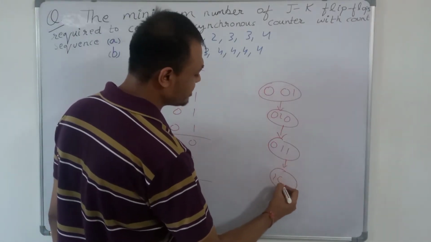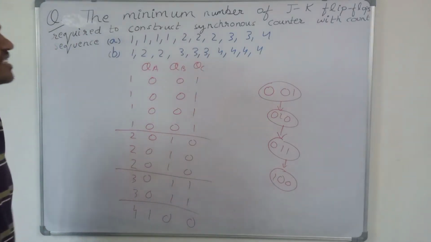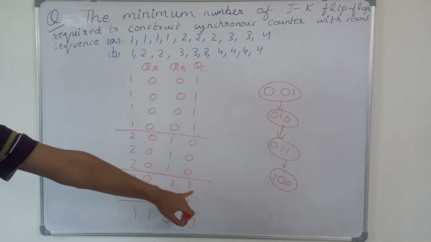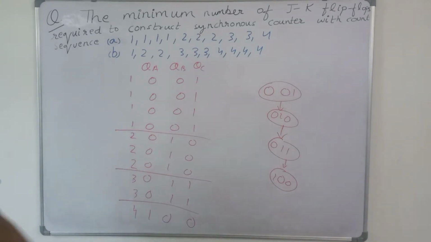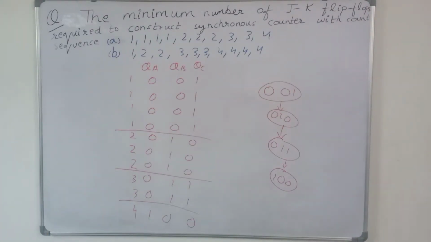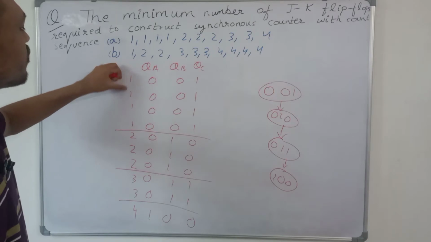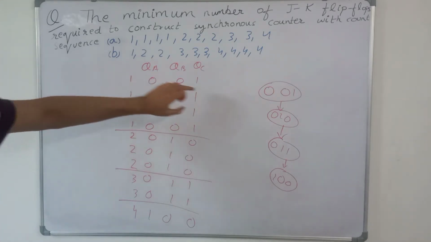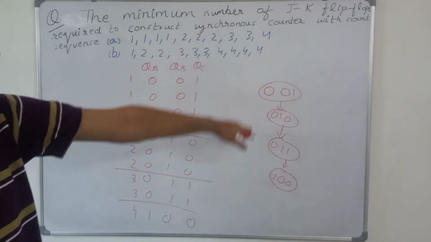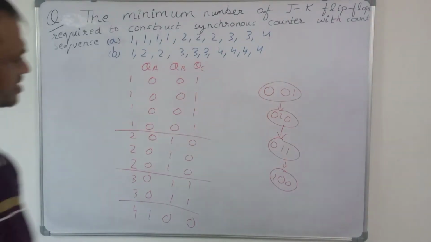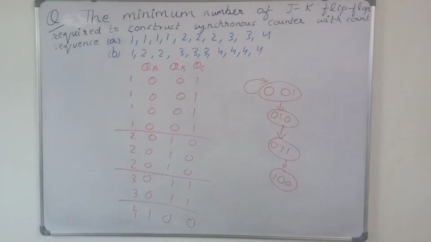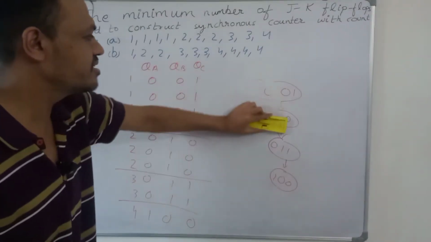So in the design the problem is that this state is repeating 4 times, then this state is repeating 3 times, then this state is repeating 2 times. So if we use 3 flip-flops, then we can't determine whether one is repeating 4 times or 3 times or 2 times. By this state diagram we cannot tell whether one is repeating 1 time or 2 times or 3 times or 4 times. So what we need to do is use 2 additional flip-flops.